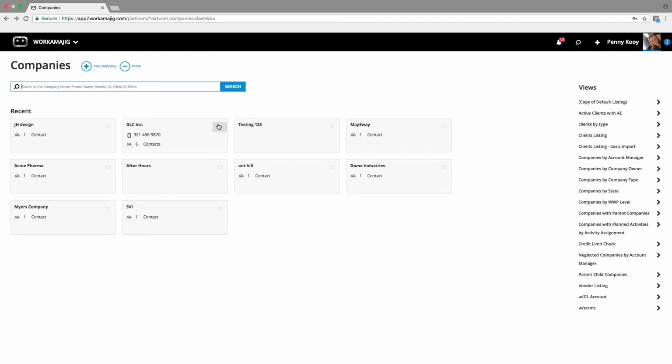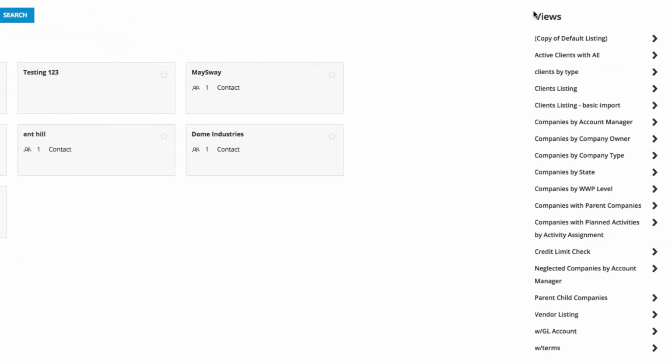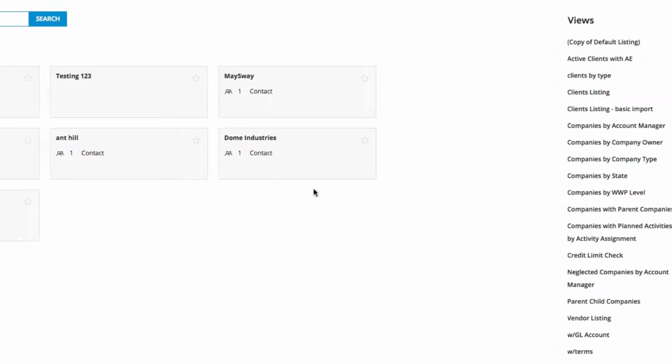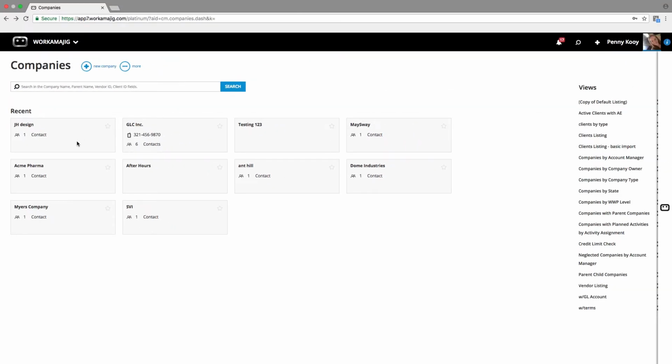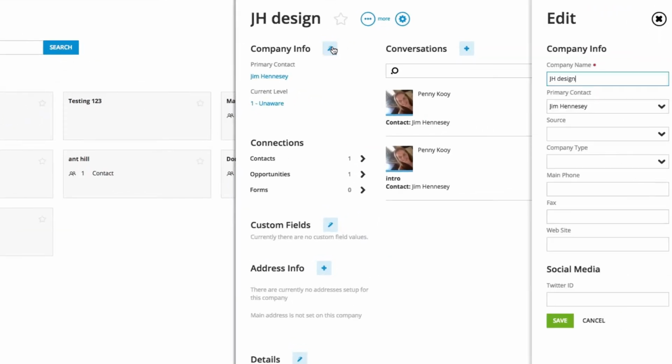With the company records, it's very similar. We want to make sure that as you go through the system, you're going to be able to find things really easily because everywhere we go, we're going to have that consistency of how those screens work. All of the different recent companies you've looked at, a search, a variety of different areas that we can report on. And of course, drilling into any company record, we want to be able to see details, the company information,